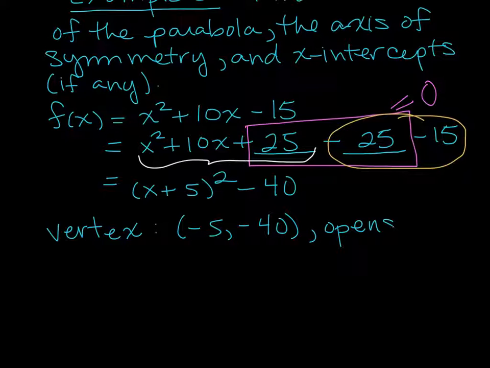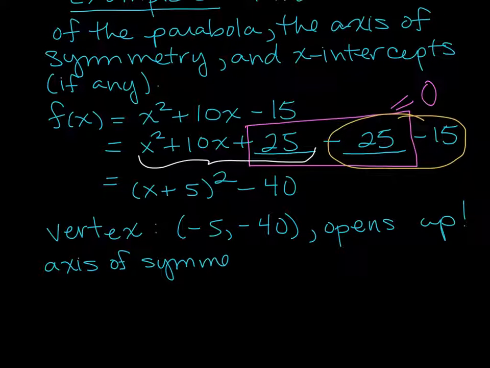It opens up. The axis of symmetry, or the equation of symmetry, is x equals -5. And then finally,